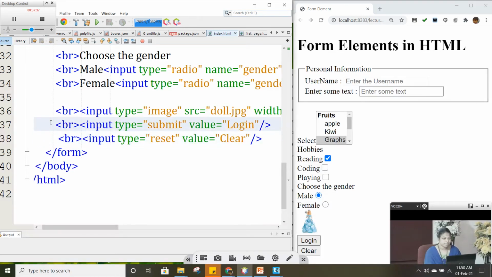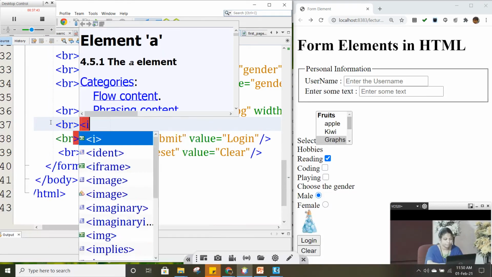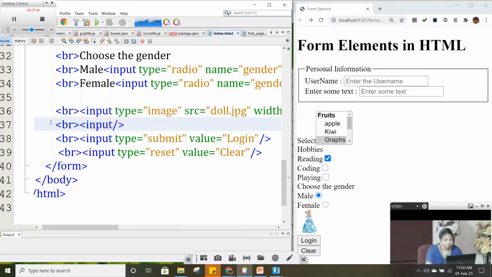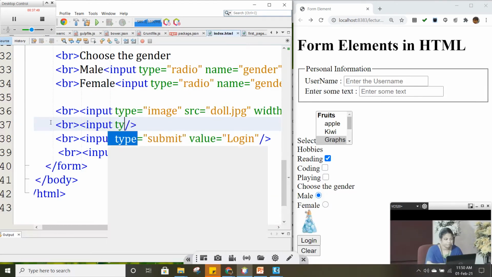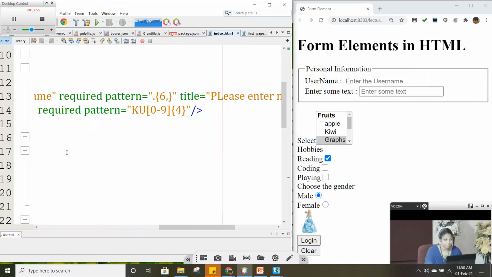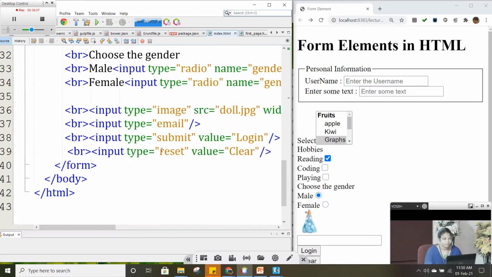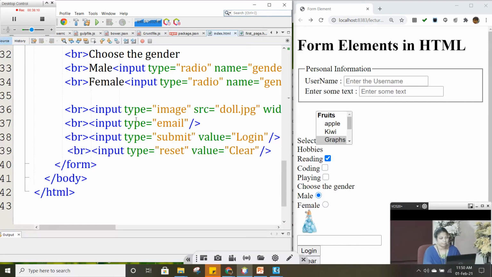The next thing we are going to see here is other type values for input, one by one. Let us look at input type as email. Let us remove these patterns here, otherwise it will be checking every time, checking the values and prompting us to enter in the format. To make it simple, I'm going to remove the pattern. Now we are discussing input type as email. Let us say enter email. When I say the type as email, automatically it will be checking the pattern of an email.